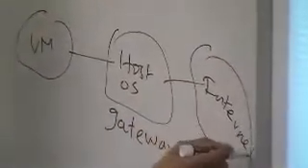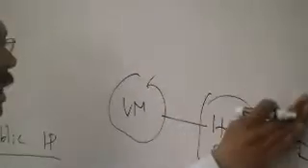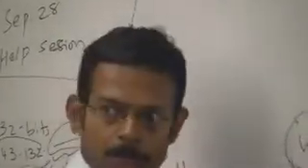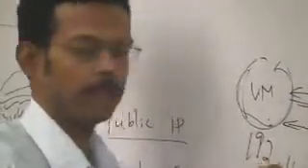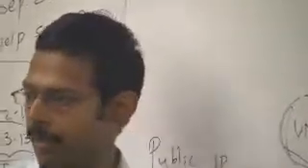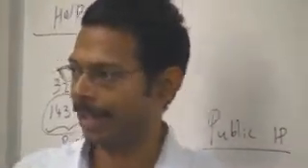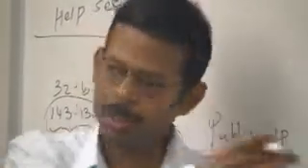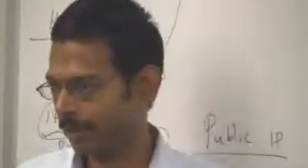In the bridge case, the virtual machine can directly access the internet, whereas in the NAT case, it has to go through the host operating system to access the internet. And the IP address the virtual machine gets is basically assigned by the host operating system. So it will be usually this 192, that prefix. Okay, so the private IP addresses have some predefined prefixes, so that's what you can have. Okay, and private IP addresses, machines with private IP addresses cannot directly access the internet; they have to go through a gateway. And in this case, the host operating system itself acts as the gateway.